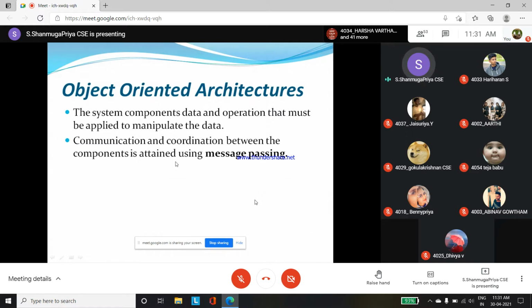So components and functions, all of them we are going to use as a single entity. If you have so many modules, they have to be properly communicated and properly coordinated. That concept is called message passing. So if you are going for the message passing concept, then we have to go for object oriented architecture.